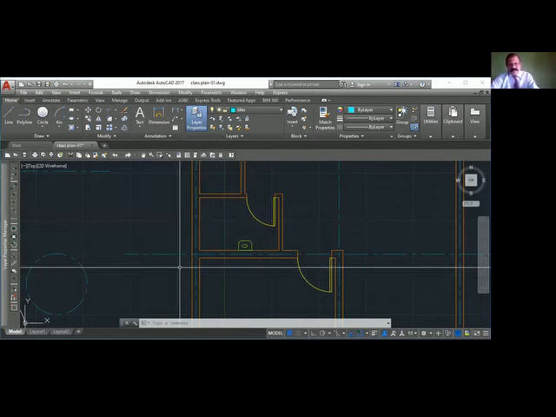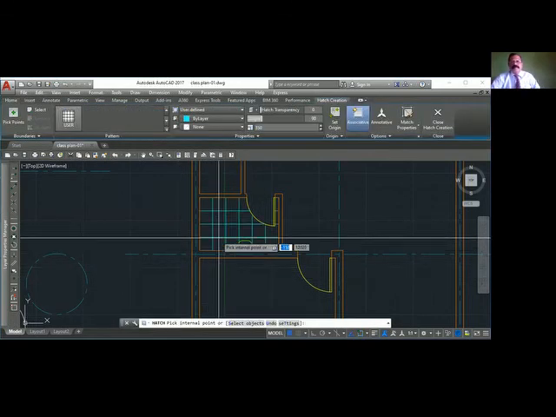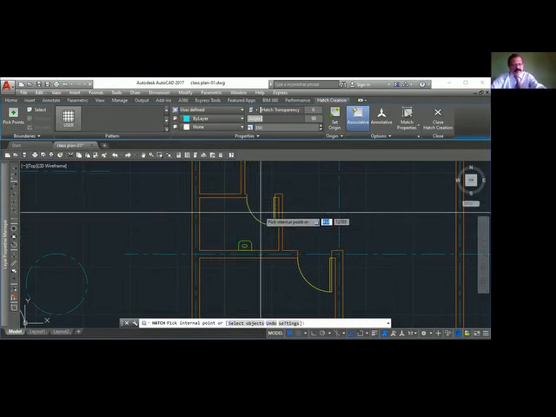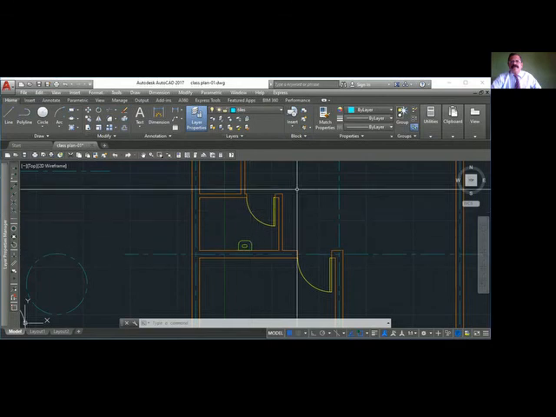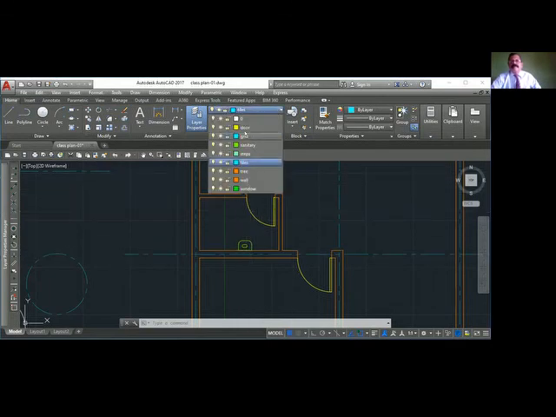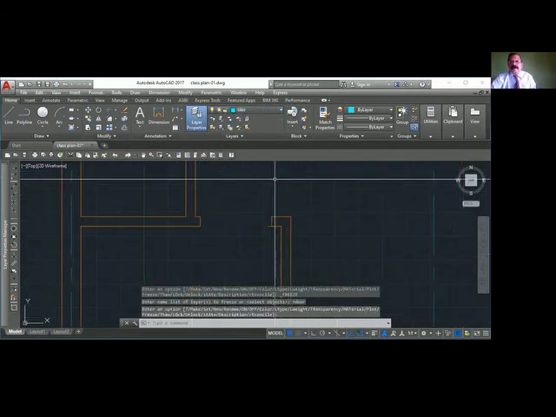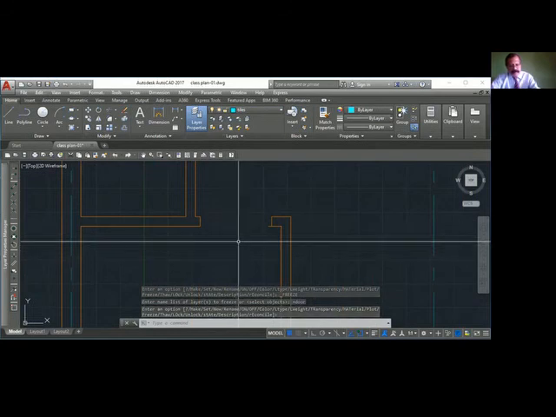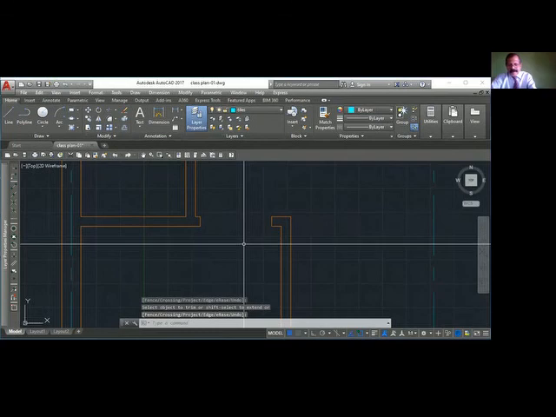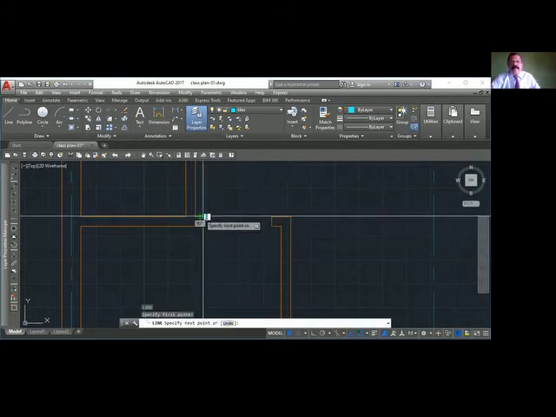Now I will use hatch. You see that tile, how it is coming. Sometimes you want it like this, sometimes you don't want it like this. What you do is switch off the door layer, come here. See here some pieces are coming, trim. Draw a line here on your tile layer.